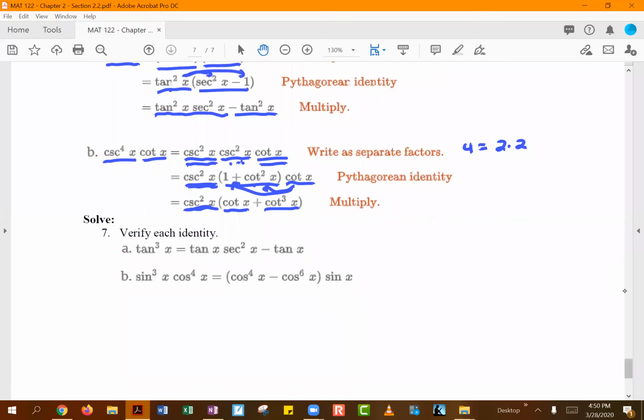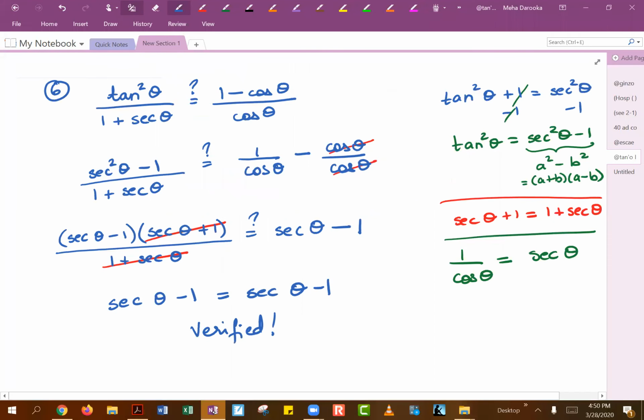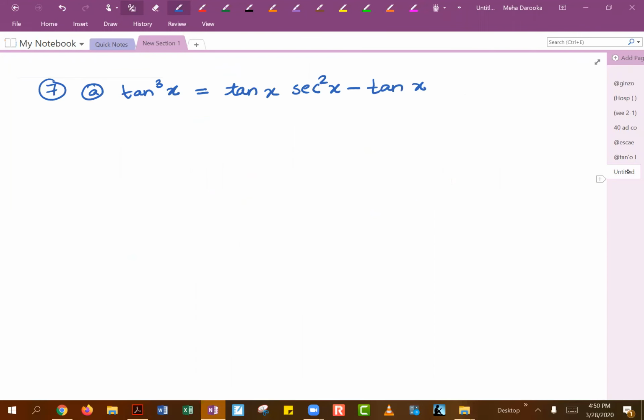We have tangent to the third power, and we have to show it's going to equal tangent of x multiplied with secant squared of x minus tangent of x. So let's look at that part A for number 7 first. So tangent to the third power. So for this third power, we're actually going to break it down into